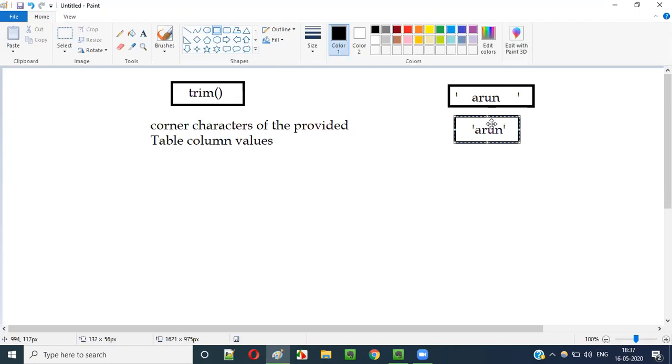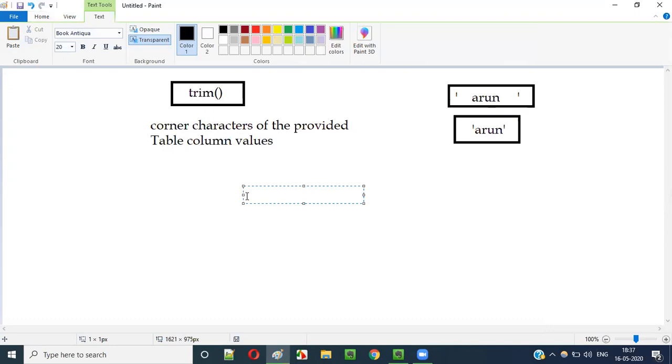So how to do that? I already explained it as part of the previous videos. In this video session, I am going to use the same trim function again, but this time I am going to trim the corner characters of the provided table column values. For example, if I provide Arun and say trim A from Arun, what will be the result?